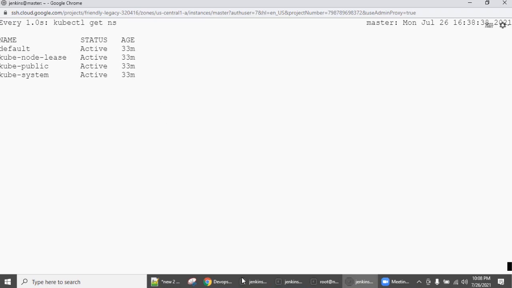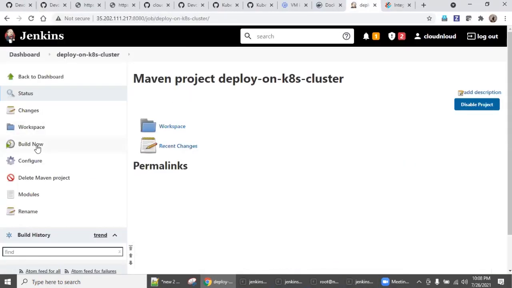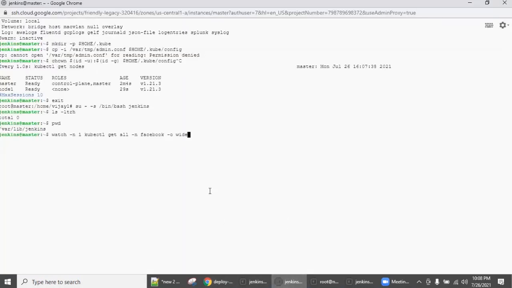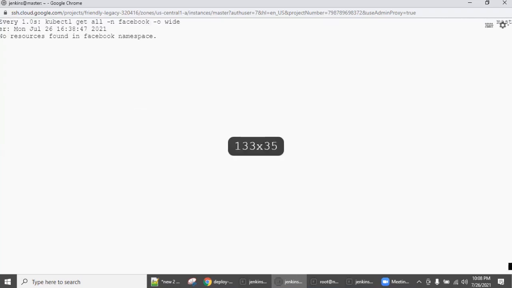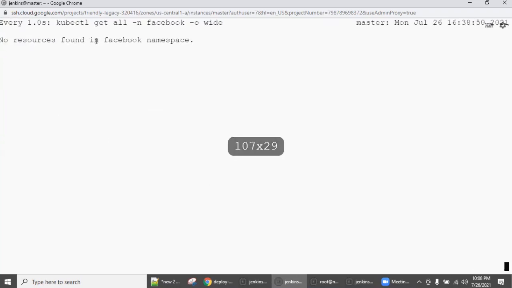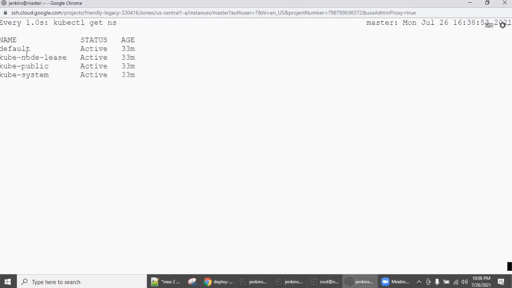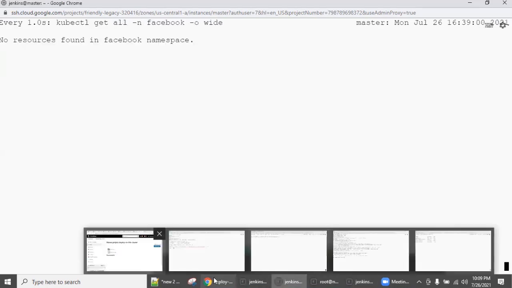So when I click this trigger, build now, you need to keep monitoring this one. No resources found because Facebook is not there. The Facebook namespace will be created first and will come in this output. The moment it appears, it will start creating all the resources, right?